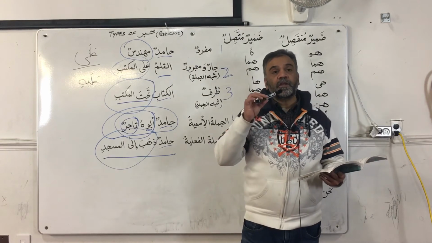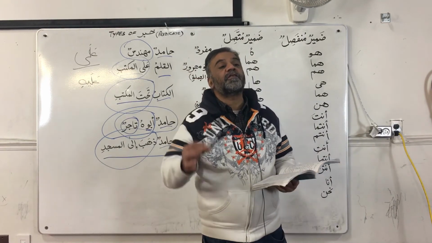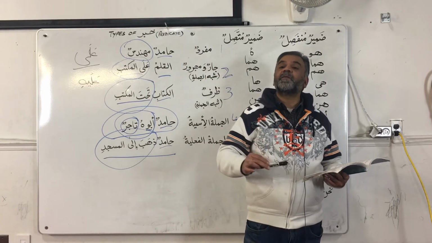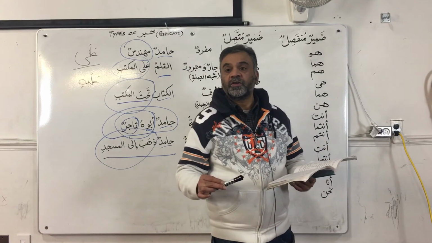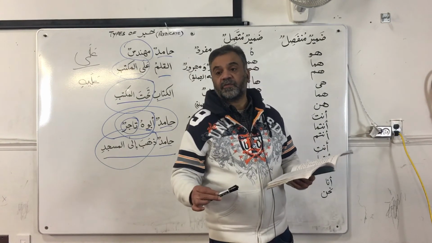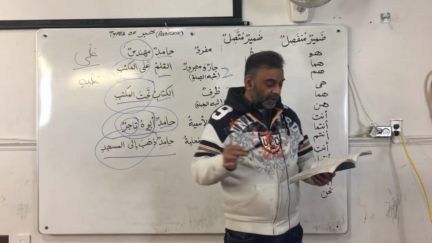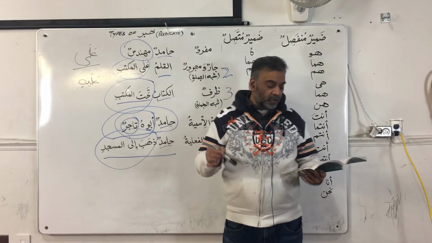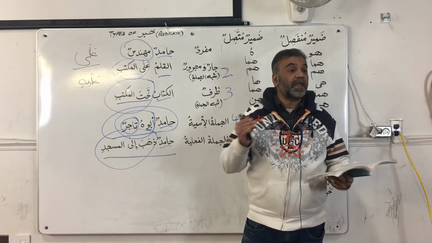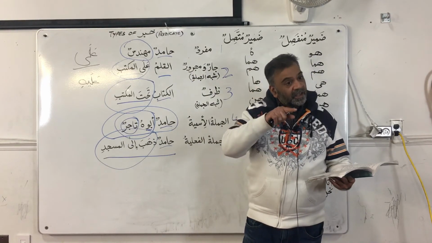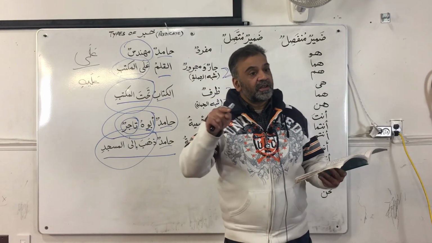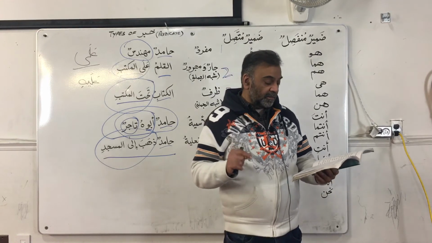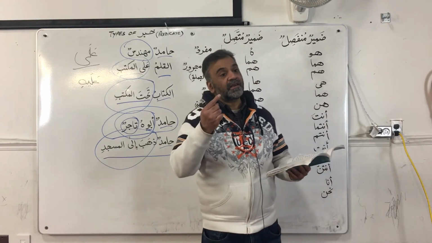Even if you are getting 50-60% of what is being said here, that's enough, because there will be plenty of opportunity for us to practice these concepts. This is just the beginning. Number 4, zamili, my class fellow or my colleague, lahu akhun wa akhtun, it's the same thing. Lahu akhun wa akhtun is a jumla ismiya coming as a khabar for zamilu, my class fellow or my colleague. My colleague, he has a brother and a sister.